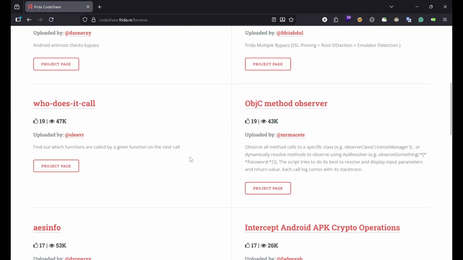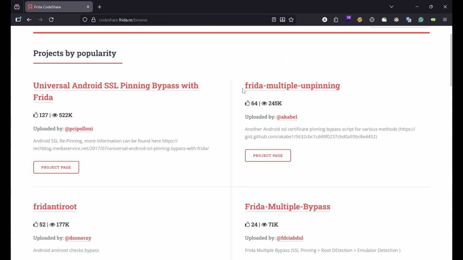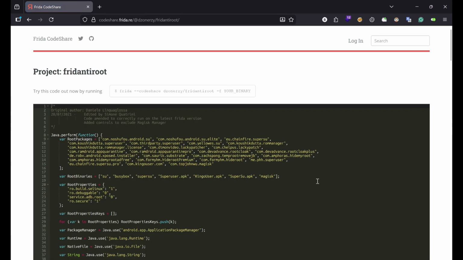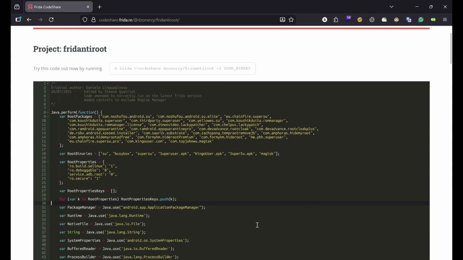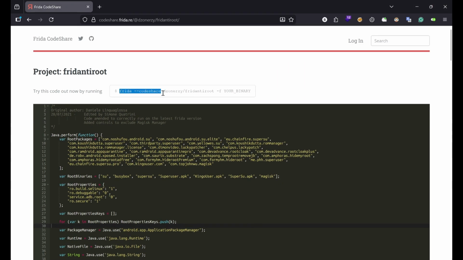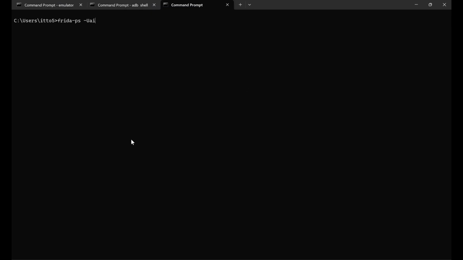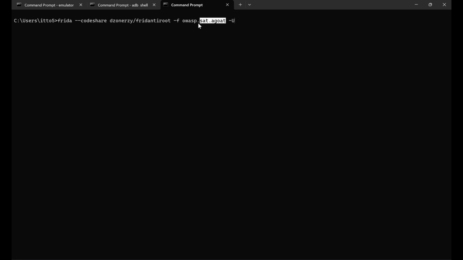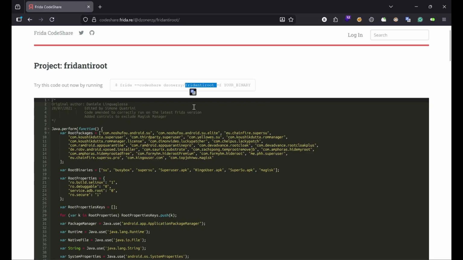It's a huge repository with a lot of scripts. So here we have a lot of scripts. Frida multiple bypasses, multiple unpinning, we have a Frida anti-root. We can use this to bypass the root checks here. So let's test it out. Just copy this command. But first we have to know what the package name is. So run this command to give us a list of the packages. So the package name for AndroGoat was owasp.set.agoat. After we got the package name, return back to Frida CodeShare, copy this command,